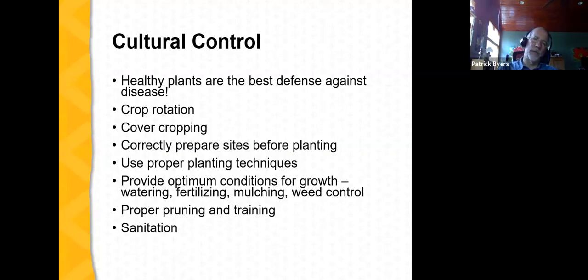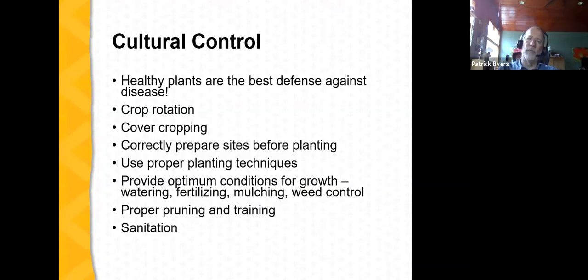And what crop rotation means, of course, is growing different, unrelated crops in sequence at a particular site, in a bed or in a high tunnel or wherever it might be, and then moving to different relational groups as you rotate. So in other words, you might plant a tomato crop and then follow that with a cole crop and then follow that with a cover crop. But again, using plant groups that are unrelated, that don't share the same spectrum of diseases. Cover cropping is a very important aspect of managing diseases, and there are some excellent resources available to help guide farmers or gardeners in the proper use of cover cropping to manage plant diseases.